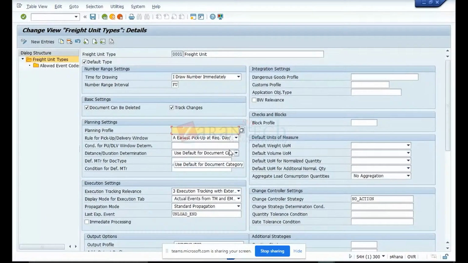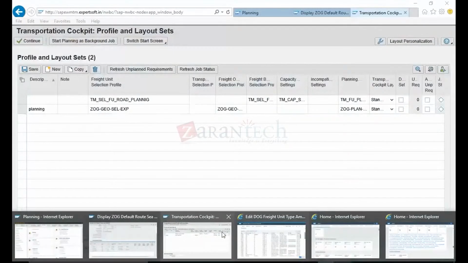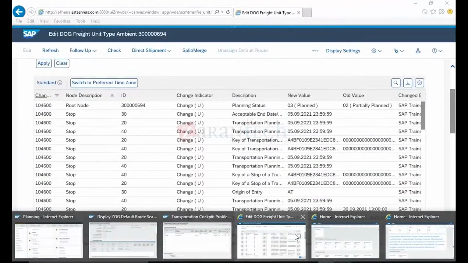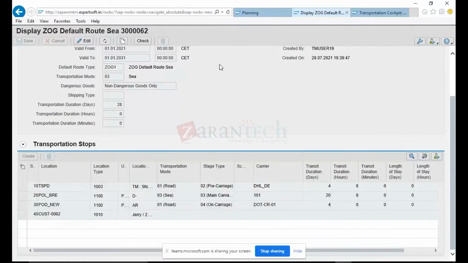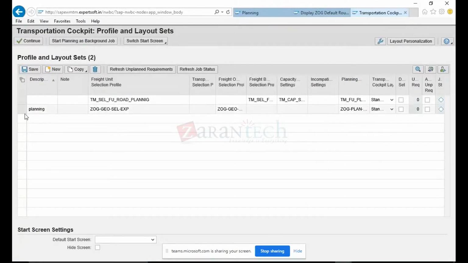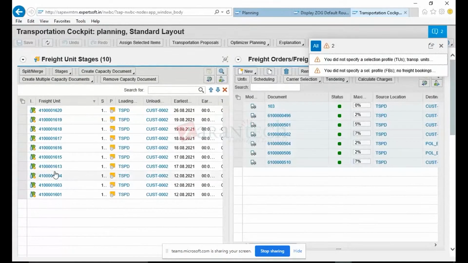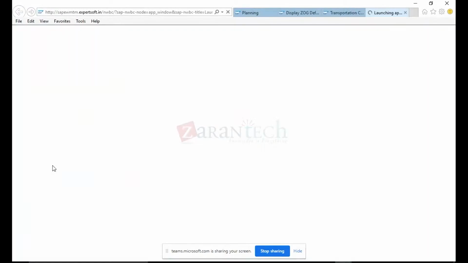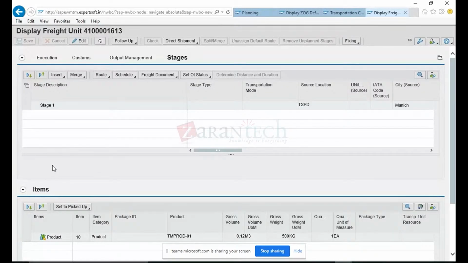Next comes your pickup and delivery time window. So if you remember, I told you this pickup and delivery time window is mainly used in case you want to set up a specific freight unit. So if I go into this planning mode, if I open any one planning document, that is my freight unit, if I go into this,